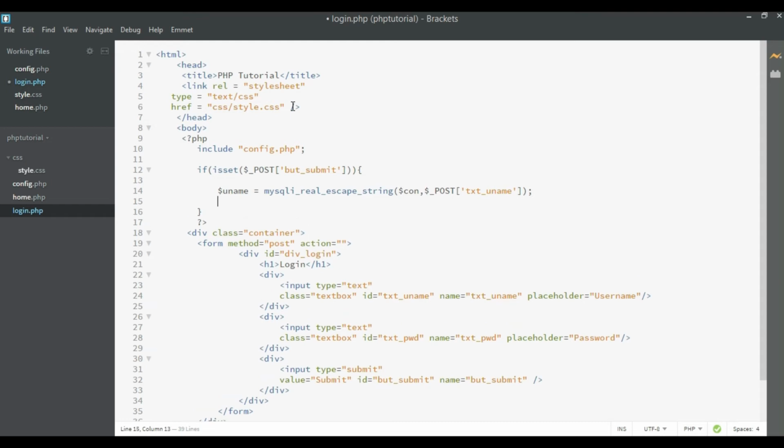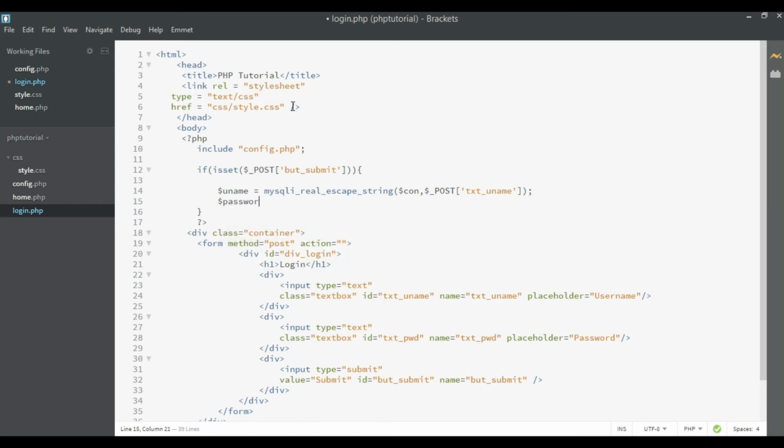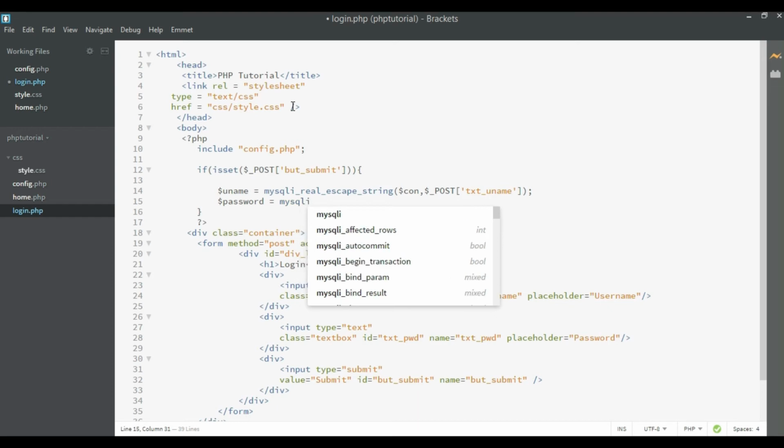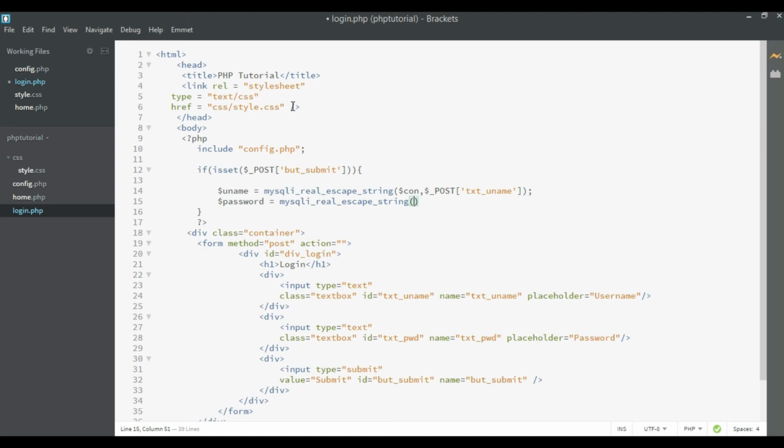After that, the second variable I am setting is password. Similarly, checking with the function mysql_real_escape_string, and checking with the connection plus the post variable txtpwd. Finally, the post variable bracket start and txt